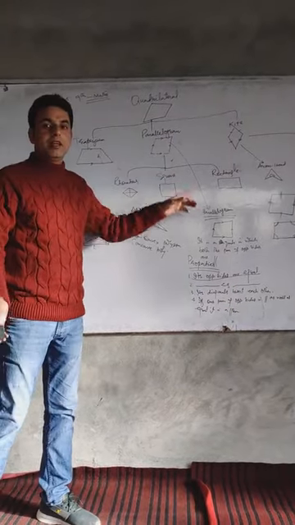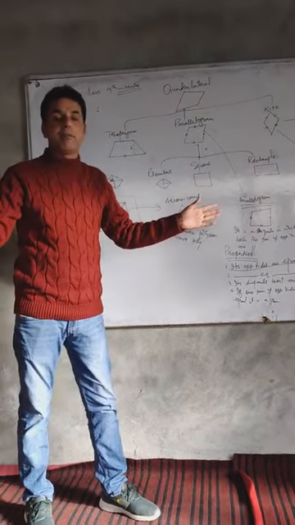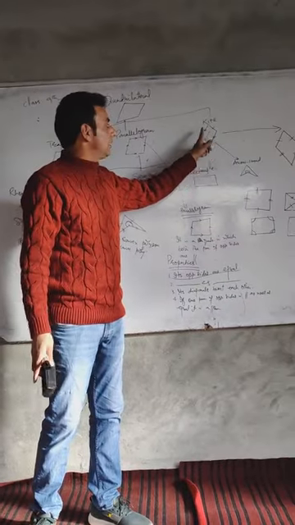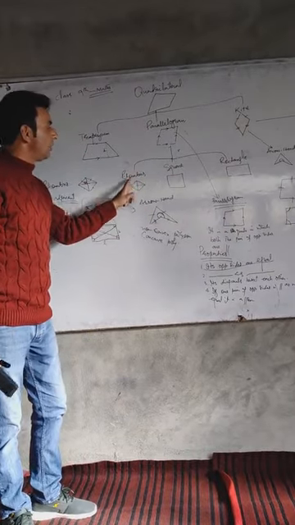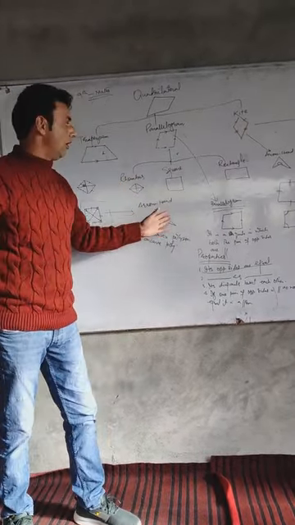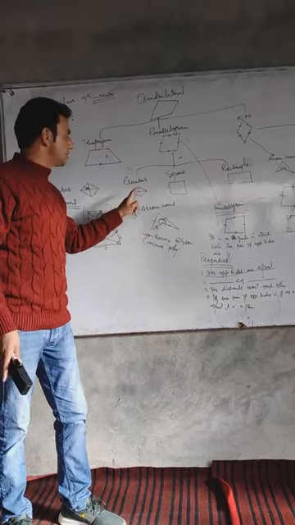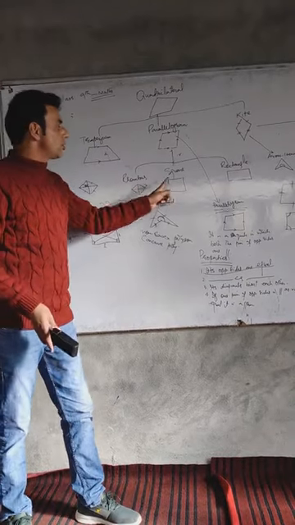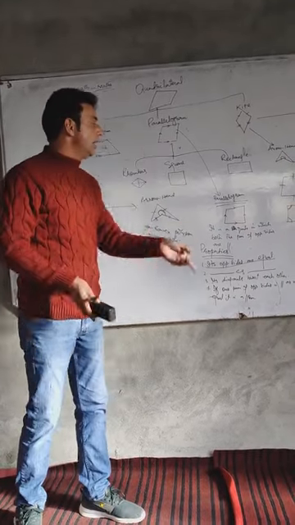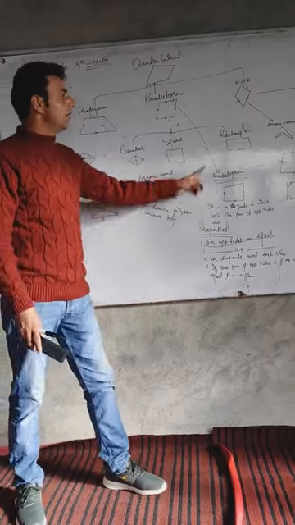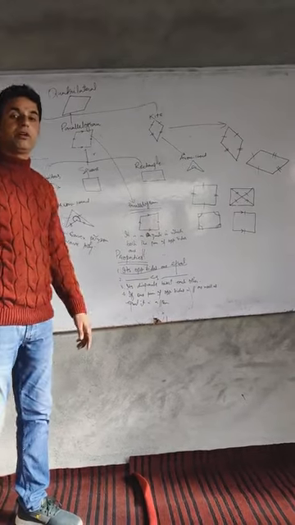Second is the parallelogram. It is a quadrilateral in which both pairs of opposite sides are parallel to each other. A kite is a quadrilateral in which adjacent sides are equal. The types of parallelogram are rhombus, square, and rectangle, which we discussed. A rhombus is a parallelogram in which all sides are equal and diagonals bisect each other at right angles. A square is a parallelogram in which all sides are equal, each angle is 90 degrees, and its diagonals are also equal. A rectangle is a parallelogram in which diagonals are equal and each angle is 90 degrees.